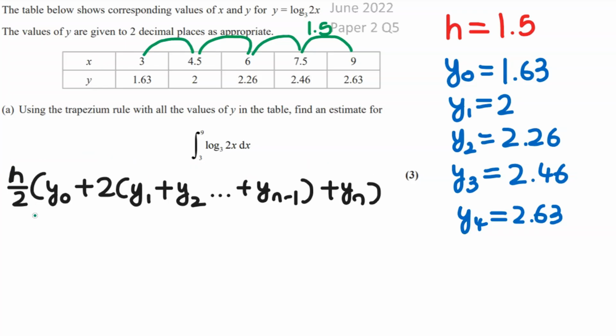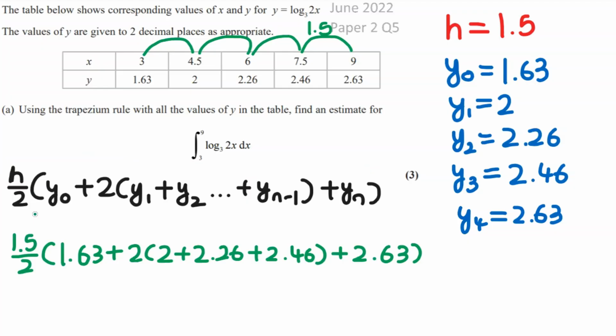So it's going to be h over 2, so 1.5 over 2, and then these y values here. Remember, y0 and in this case y4, because this is the final y value, are not in this 2 bracket, but the other 3 values are. And then if you put this into your calculator, you get out a value of 531 over 40, or if you want to write it in a decimal, it's